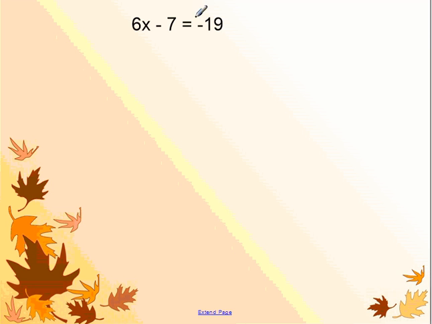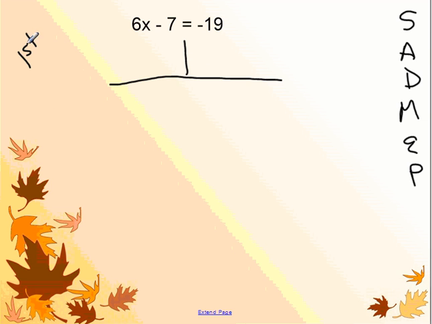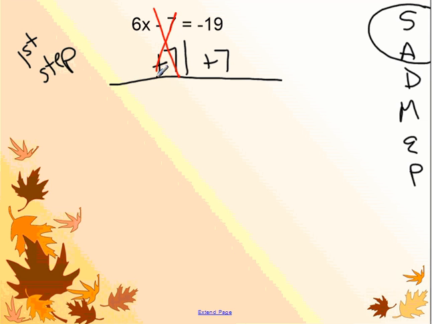Okay, this time we have negatives that we're going to be dealing with. So we, of course, have to remember our rules of negatives. I'm going to write SADMEP down on the side. SADMEP. I'm going to draw my little balance. And my first step is to get rid of the subtraction and addition. I have minus 7 here. I'm going to change that to plus 7. Plus 7. Those cancel over on the left-hand side, leaving me with 6x equals,